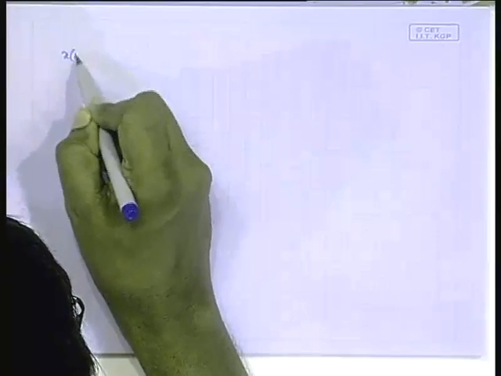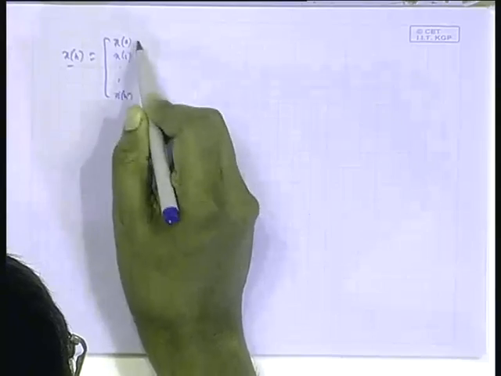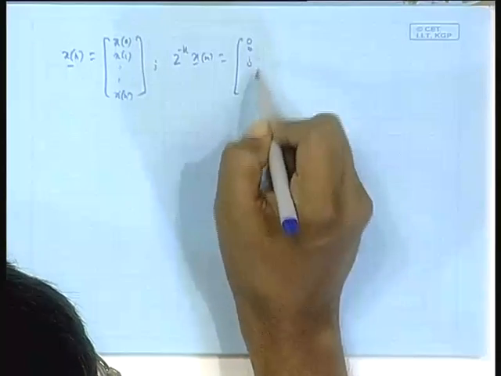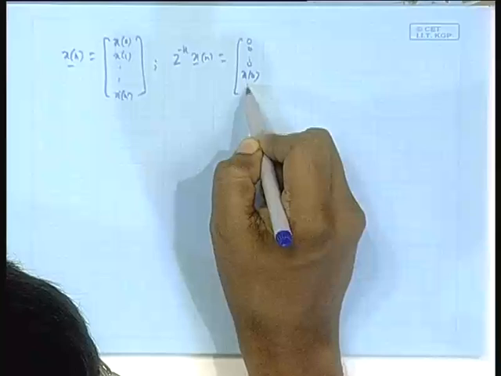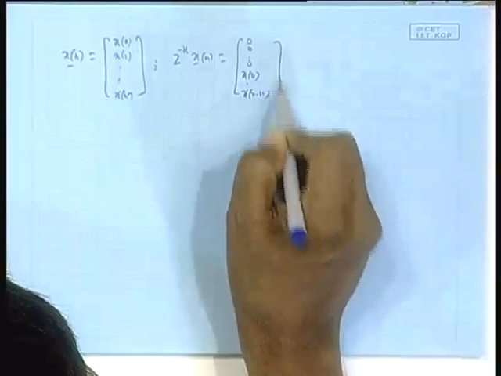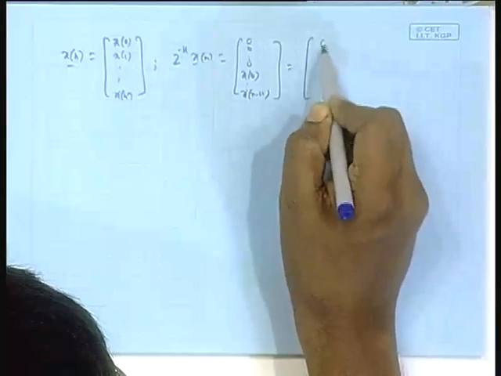Okay, so quickly, we had those definitions. I am writing them even though this is clear-cut repetition, but I have to refer to them time and again. Then you have seen one thing: z to the power minus k x n was 0 0 0 and then x 0 up to x n minus k, which we saw yesterday can also be written as 0